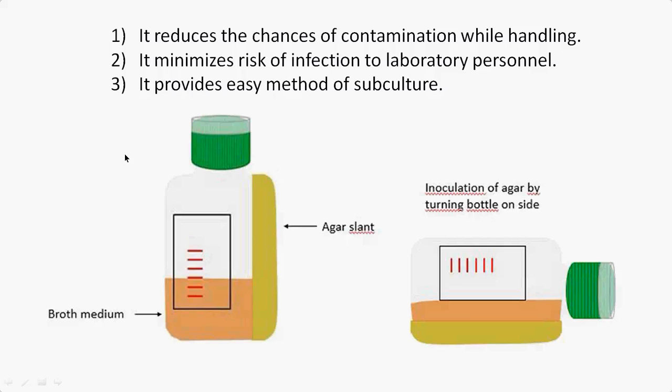How? The lab person will get infected only when they have to open the cap and do some subculture, or check whether Brucella has grown in the broth or not. That has to be checked by the lab person, so we need to handle this bottle. But due to this biphasic media, just by tilting the bottle, the broth mixed with the blood is directly subcultured over the agar slant.